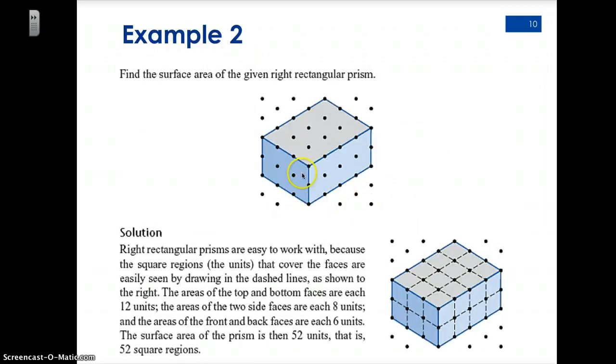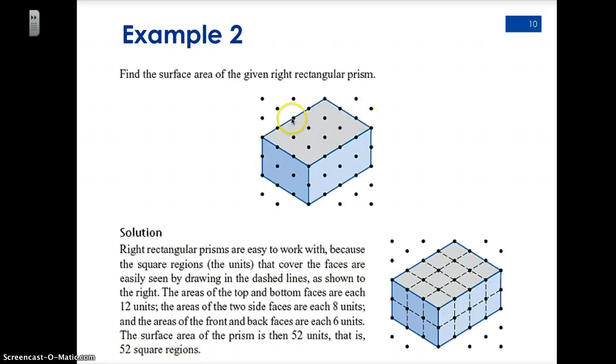Example 2, surface area. We did briefly talk about surface area. Surface area is the area of all the surfaces. To make it simple, you have to add up the area of every surface. So the area of this surface right here, and just count this as units, you can count this as 1, 2, 3 by 2. 3 by 2 is 6 here,